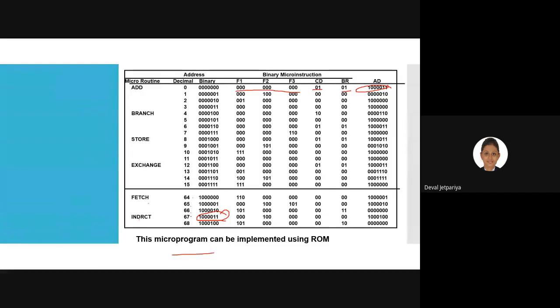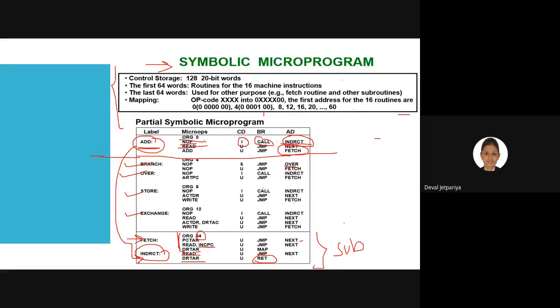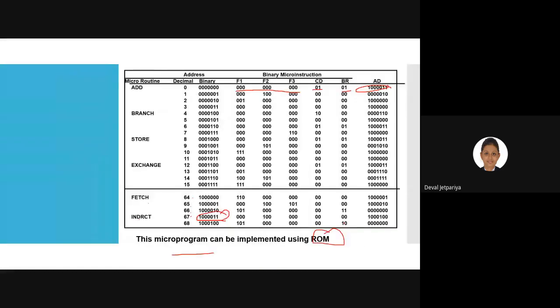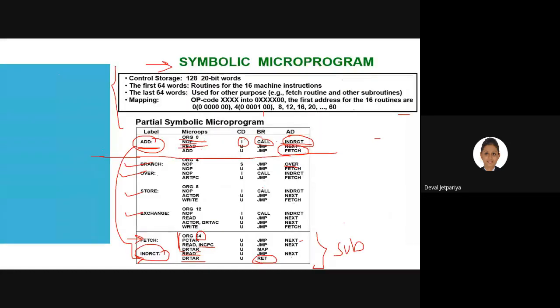So this question can be asked like this: the binary microprogram for control memory, or you can say in the ROM. Right. Here we are using ROM as the control memory. So both questions can be asked differently. So just verify slide by slide and let me know in case of any query.